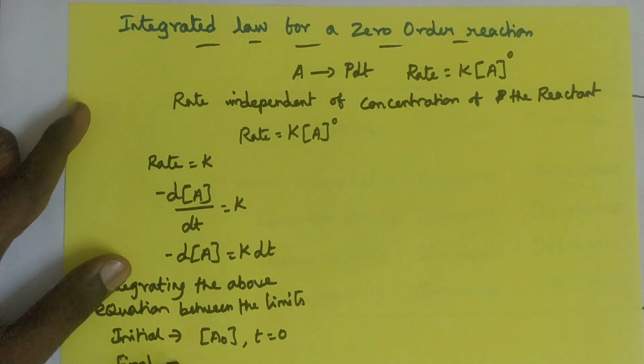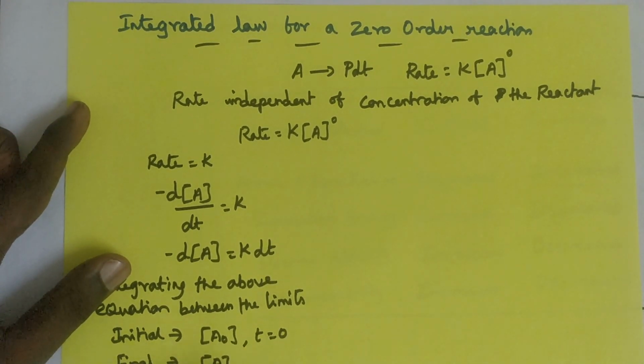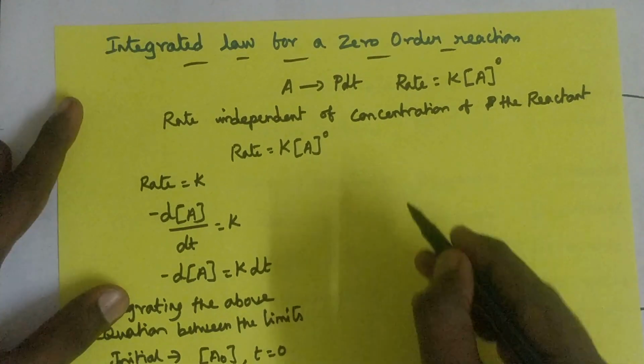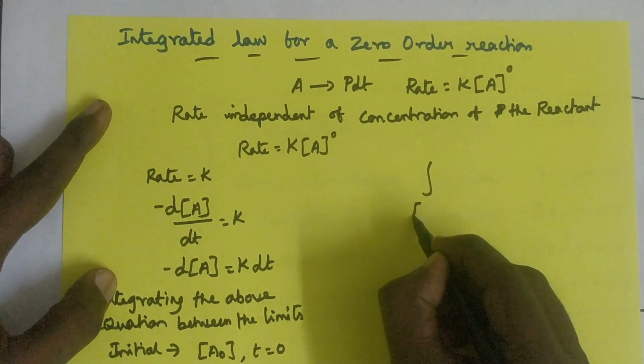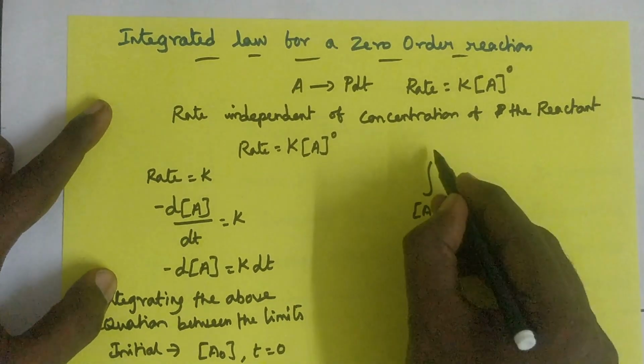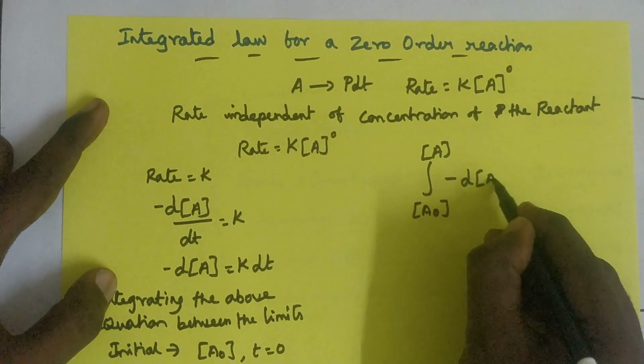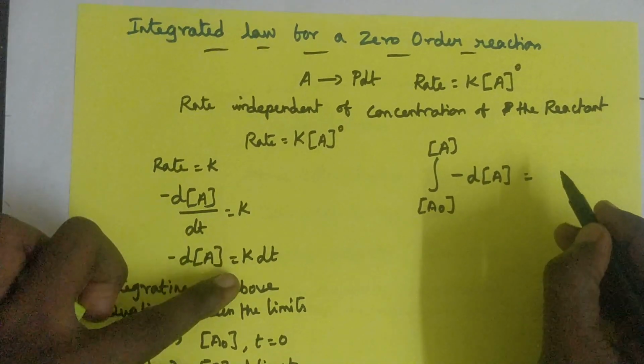For the final state it is A at time t. Substitute into this equation: integration from A naught to A of minus dA,